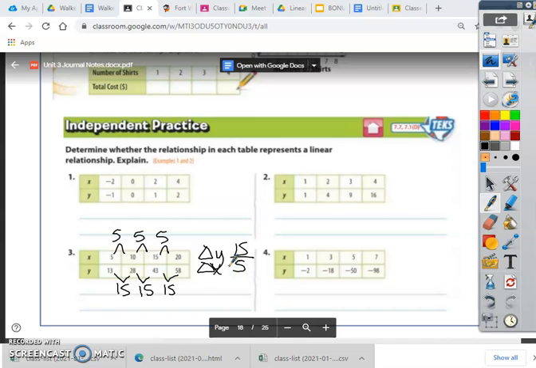Sorry, I'm going fast. Pause if you need to. 15 divided by 5 is 3, or we could do 3 over 1. So this is linear. Okay, if I wanted to write an equation, y equals, well, I haven't even checked to see if it's proportional. But we can check by taking our table back, right? Running out of time. See if you can figure out